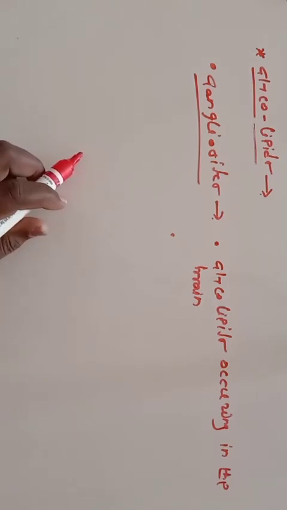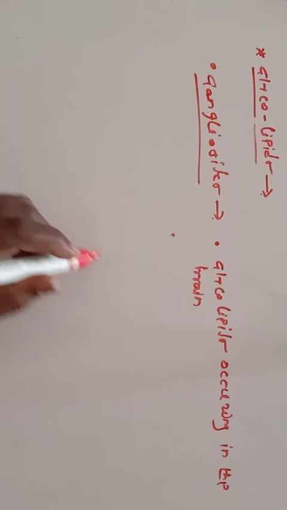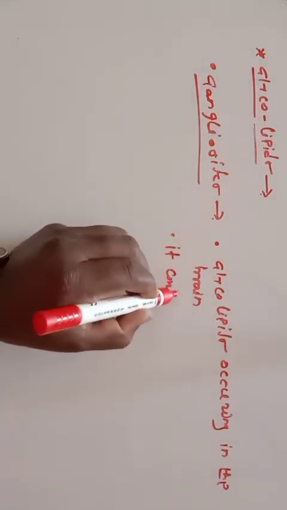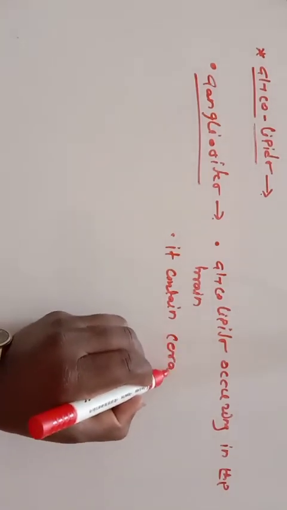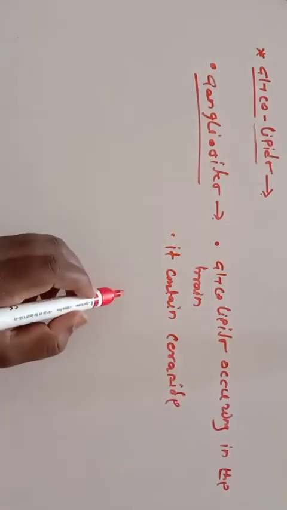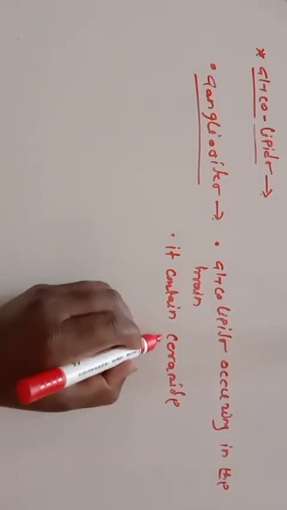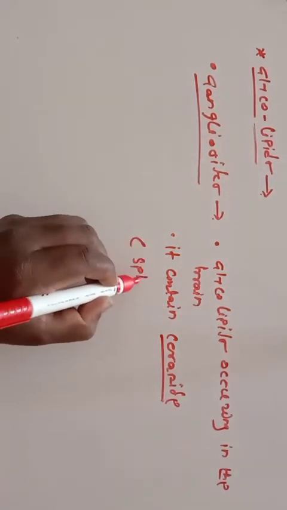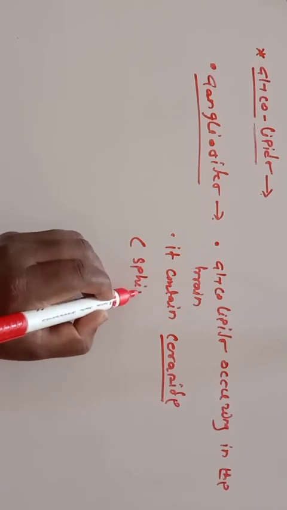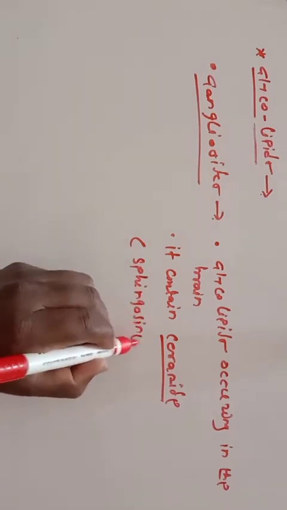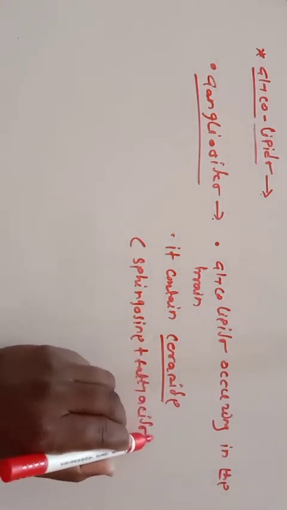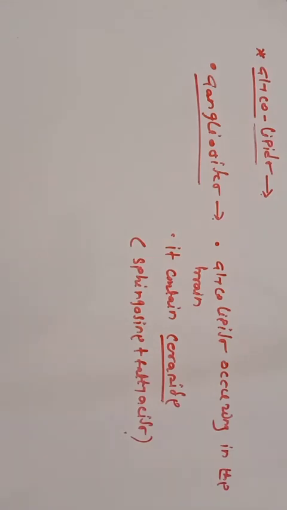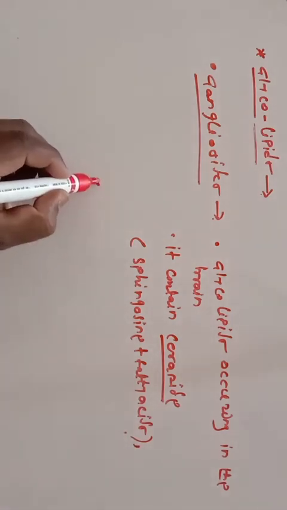These glycolipids, gangliosides, contain ceramide. It contains ceramides. What is this ceramide? That is sphingosine plus fatty acid. It contains ceramides, sphingosine plus fatty acid, then glucose,